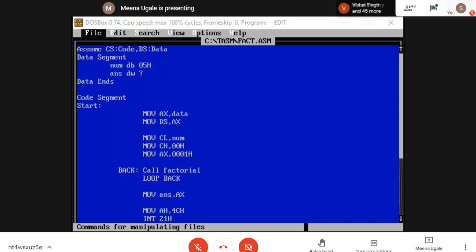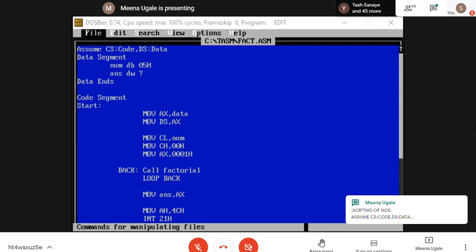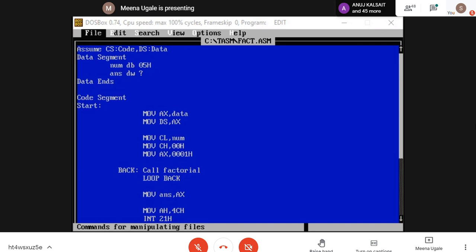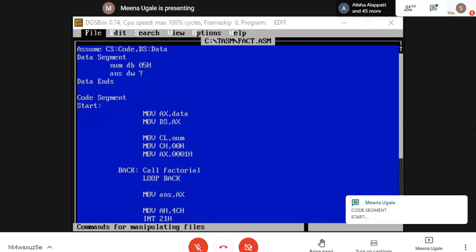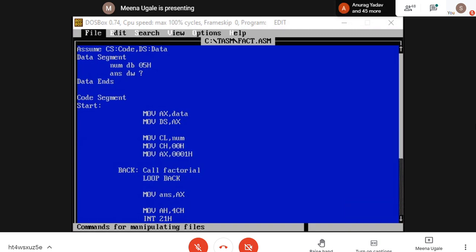I'm sharing one code. Posted one code in the chat box. Just check that.